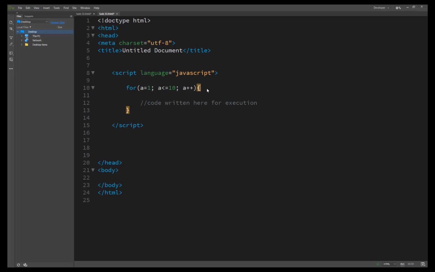For instance, the following loop counts from 1 to 10 using the variable a. The control of the loop breaks down into 3 parts, separated by semicolons. The first part specifies the initial value of the index variable. This will be the value on the first iteration of the loop. So it starts from 1, basically the starting position.